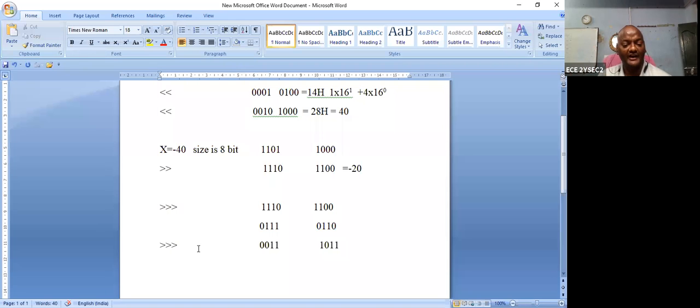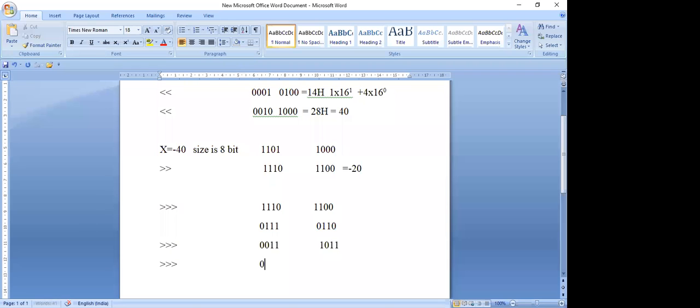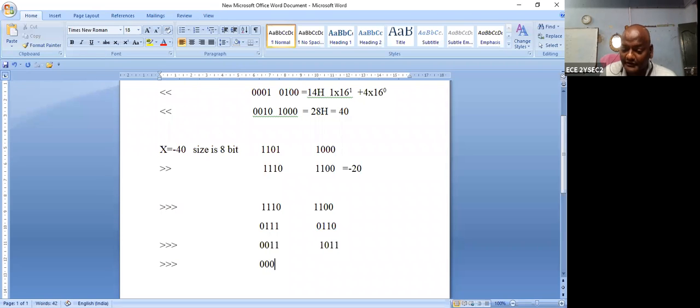After the right shift, what happened? A 0 should be appended. In the first right shift, a 0 is appended. In the second right shift, another 0 is appended. For the third right shift, can you please tell me what happens? Can anybody give the answer? Suppose I'm applying the third operation, third right shift, unsigned. Please respond, what is that value? 0 0 0 1 0 0 0 0 1. Very good.